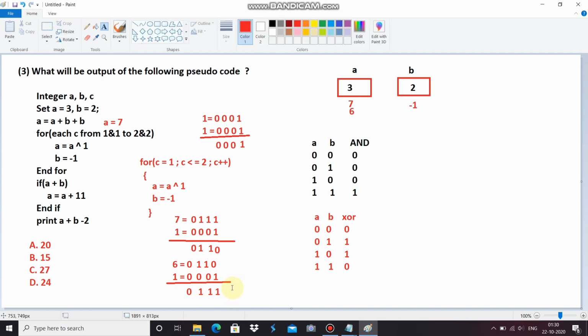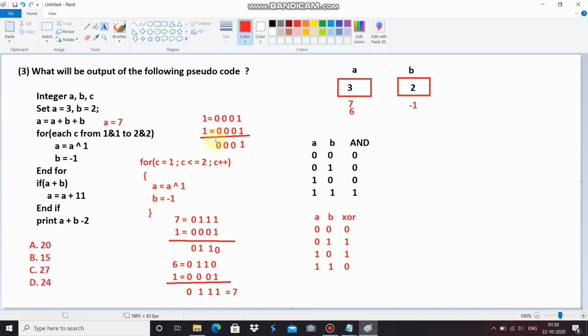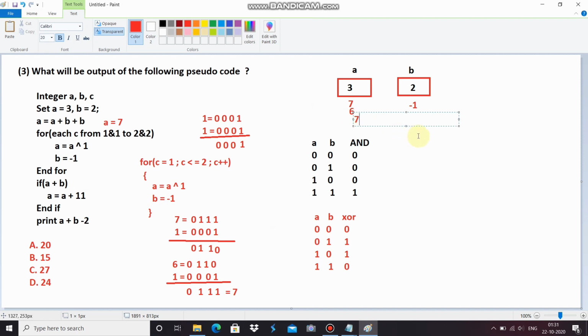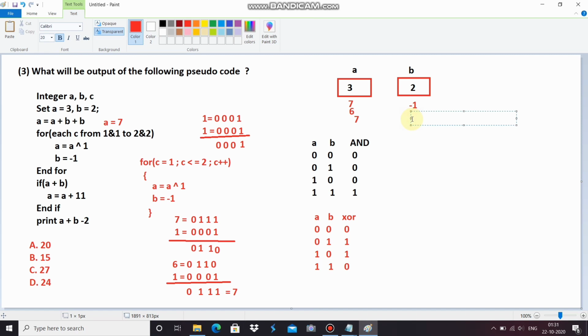Now if we convert this number in octal, 1 2 4 gives 6, and it will give you 7. Now the value of a will again become 7, and the value of b will again become -1.